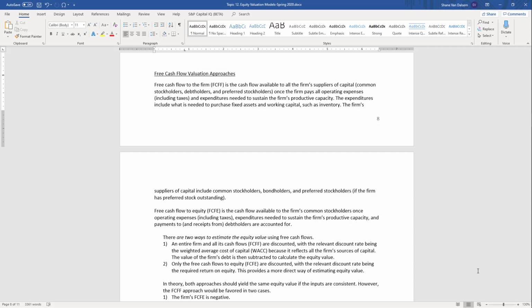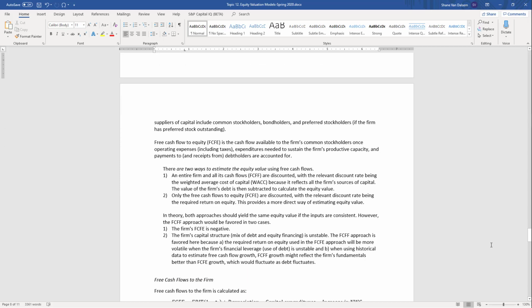This provides a more direct way of estimating equity value. In theory, both approaches should yield the same equity value if the inputs are consistent. However, the FCFF approach would be favored in two cases. In the first case, the free cash flow to equity holders is negative, and this is actually not uncommon with